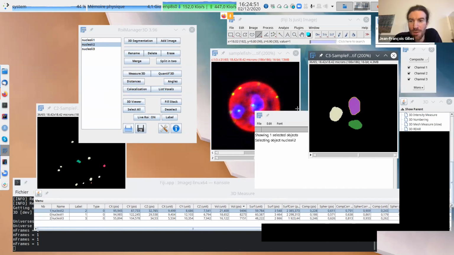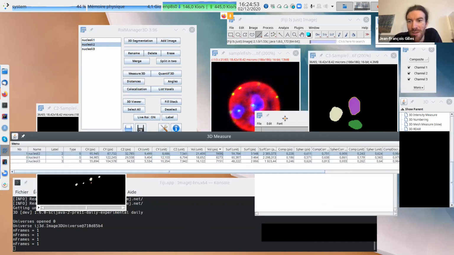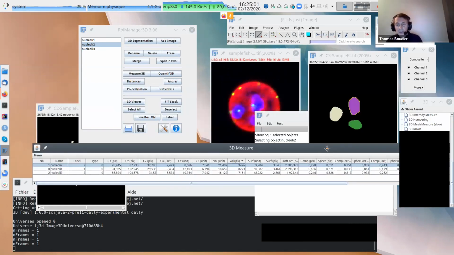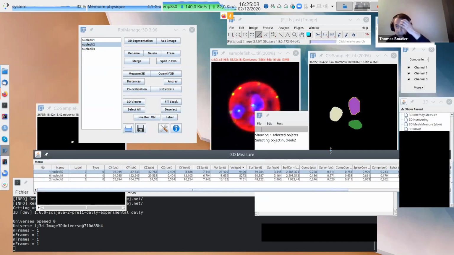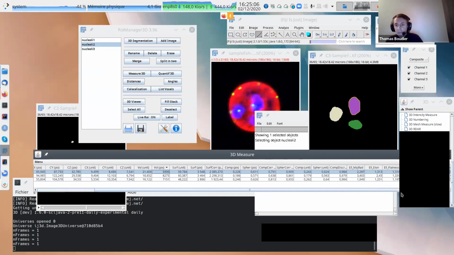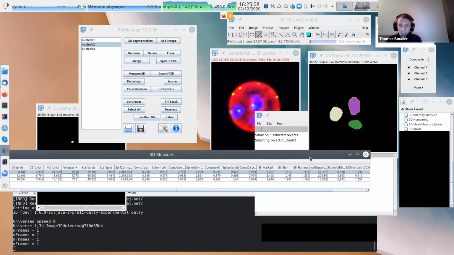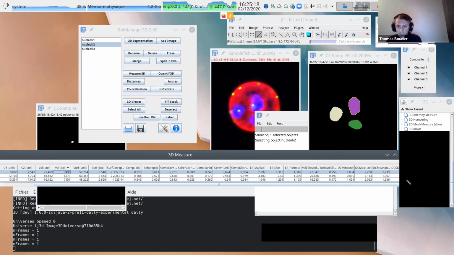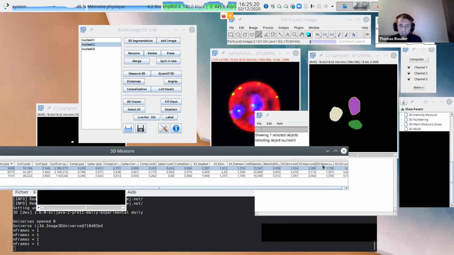Thomas, there is a question from Elizabeth. How are the distances calculated? So the distances are calculated in a unit. That means in microns most of the time, or nanometers. If you increase a bit, you can see it should be like unit. So all the distances are real 3D distances in a unit, in micron or nanometer.